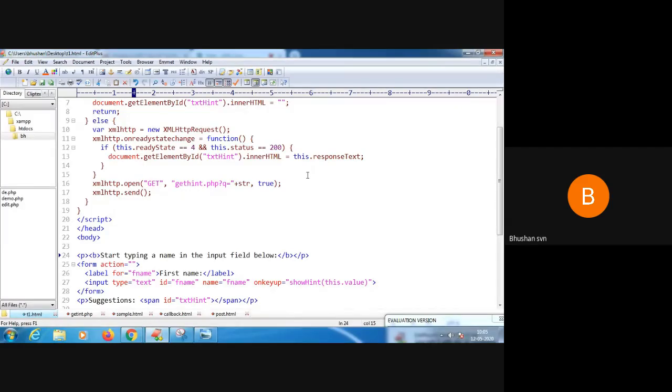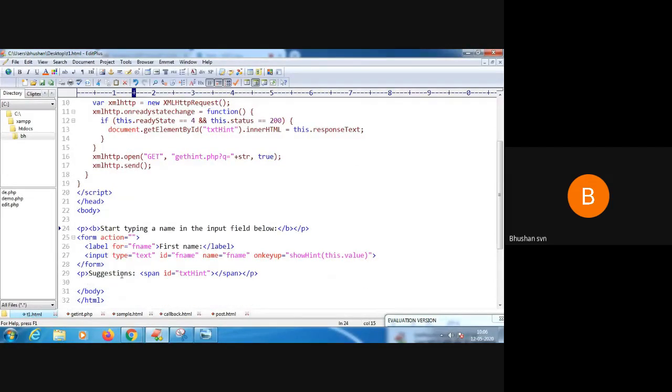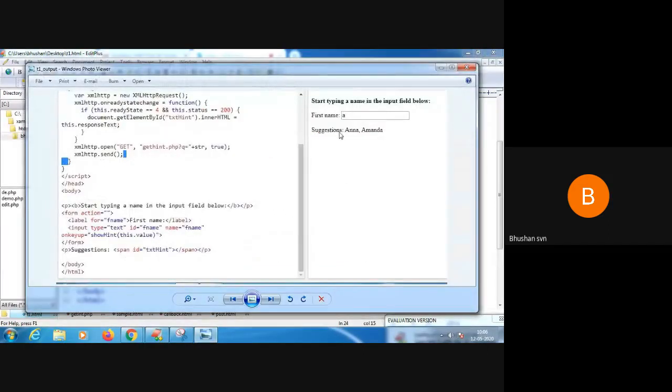Dynamically this PHP file will receive a request from the browser, and this specific function keeps on executing. What is that specific function? That is readyState equal to 4 and status is 200. So this happens dynamically. And you can see here suggestions: textInt. So textInt will have this value which is passed as a value to a parameter called name here.